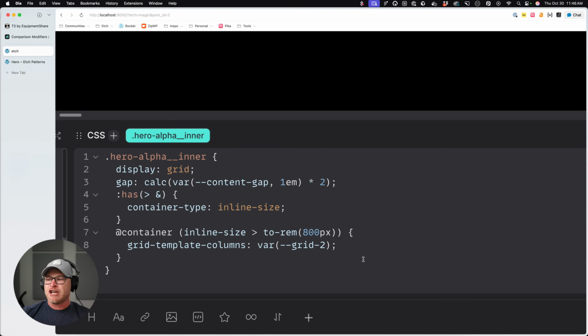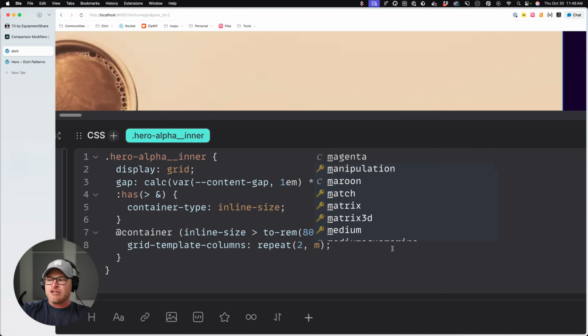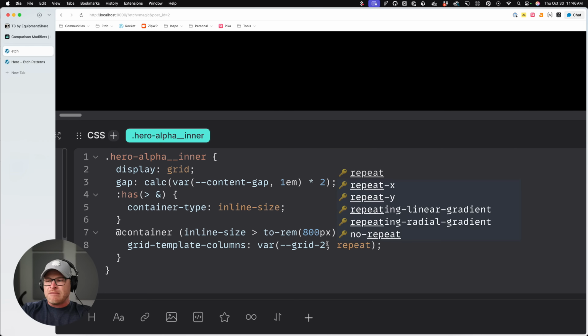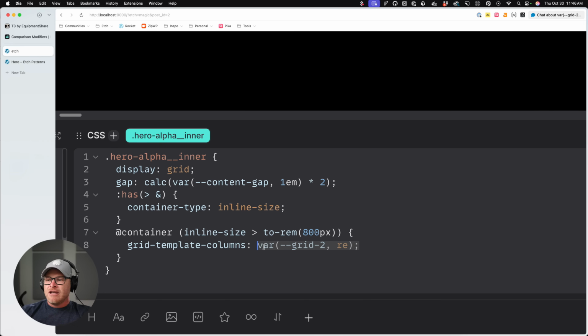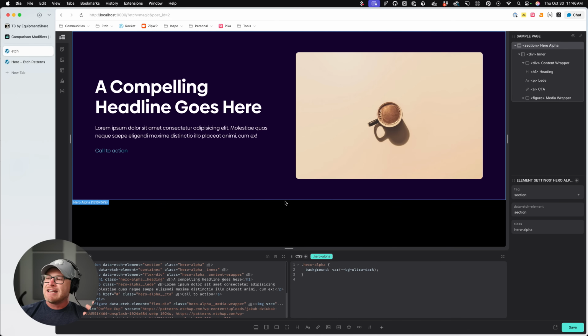Here's another one I gotta check right here. So I'm also trying to do the grid variables less. You'll probably see things like this, like repeat, min, max, yada yada yada. Just because doing grid two and then repeat two and min, max, it gets to be quite a lot. So I just started replacing these and not using the tokens. But if you run into scenarios where some of these patterns that you paste in have an aspect that doesn't have a fallback, just let me know and I'll go put the fallback in. Like I said, it's a lot to keep track of putting a fallback into every single token that you use. It's quite annoying, but we're doing that to make it framework agnostic for people.